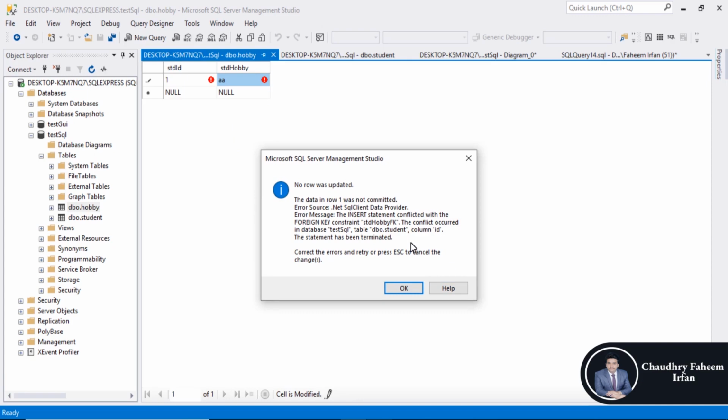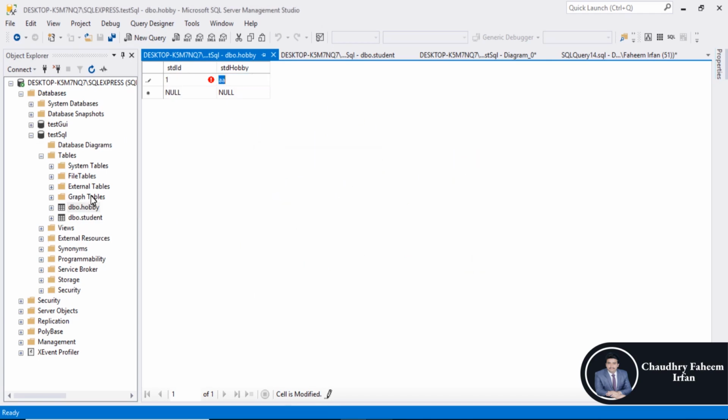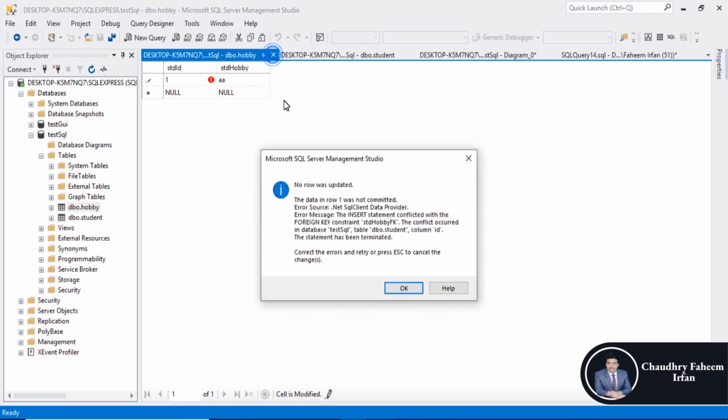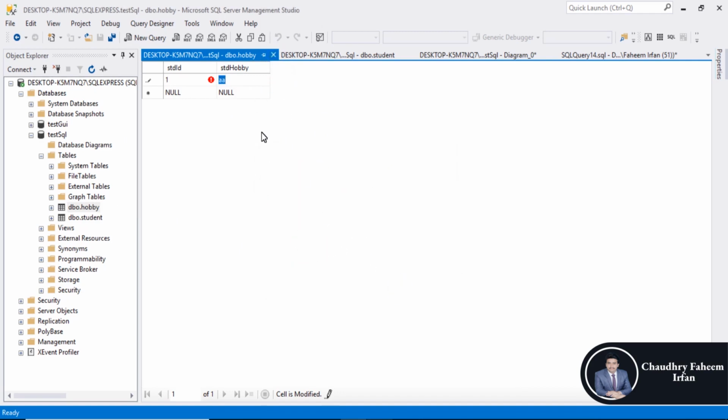Because row 1 student 1 does not exist in student table, first add record into parent table, then add record into child table. So please, because you are beginners, press exit button,